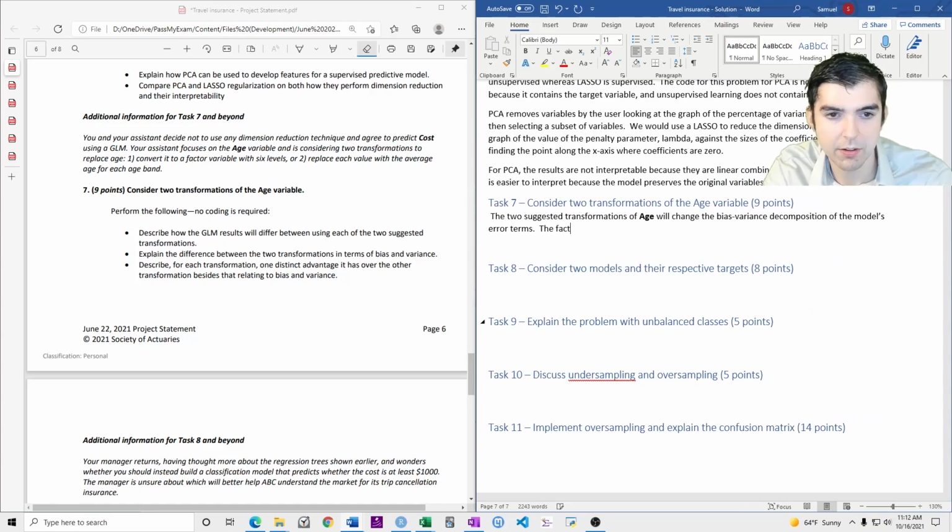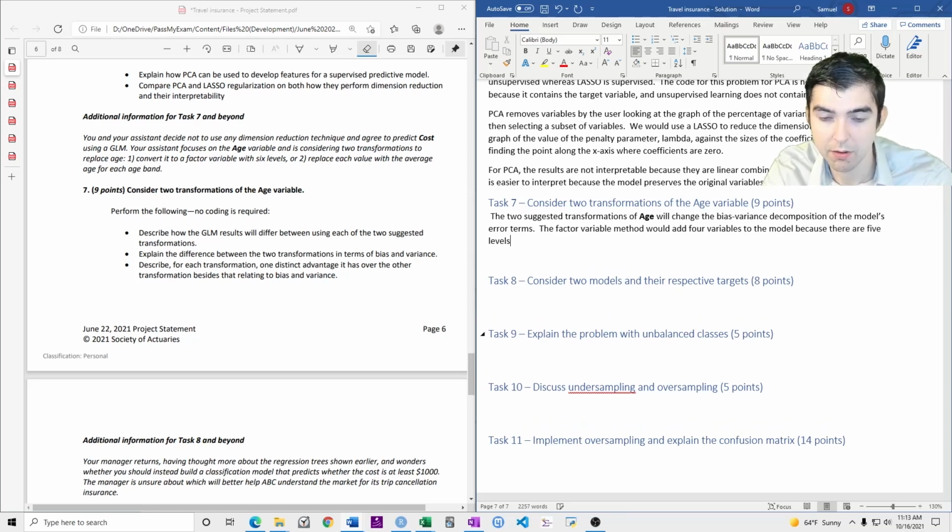The factor variable method would add 4 variables to the model because there are 5 levels, not counting the base level and the original age.